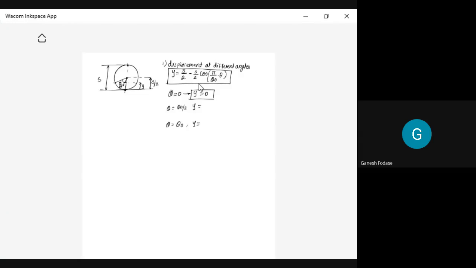Then, when the cam turns through half of the rise, half of the outstroke, when it is moving through half of the cam angle during the outstroke, y is how much? Check it, please. Put the value of theta here. Theta is theta o by 2, so theta o and theta o cancel. Cos pi by 2, and y is equal to s by 2. Yes, good, s by 2. Because here you can see cos pi by 2. Cos pi by 2 means